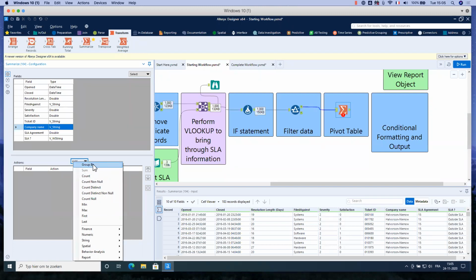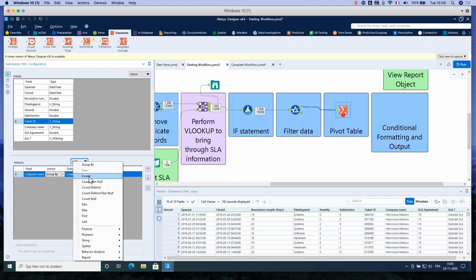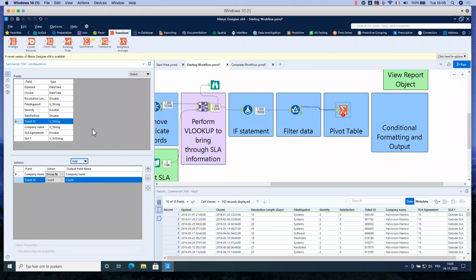So I hit group by. I want to count the number of tickets, so I select ticket ID, and when I click add, I have the count here. So I click count.